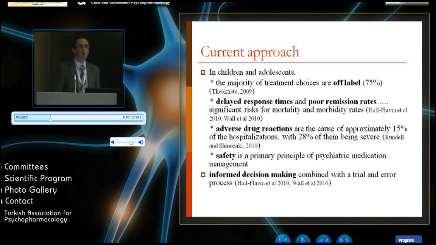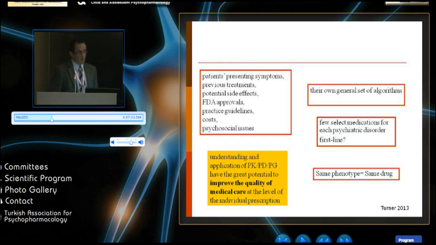Late response is seen most of the time. Poor remission rates are there. The side effects are more, and we decide with the information that is supported with those trials. The patient comes to our center with certain symptoms. We look at the drugs and adverse effect probabilities and the price and psychosocial status of the family, and then